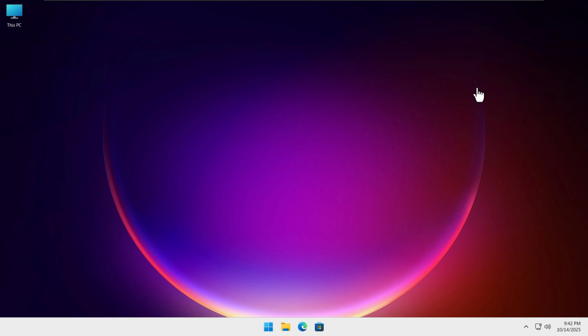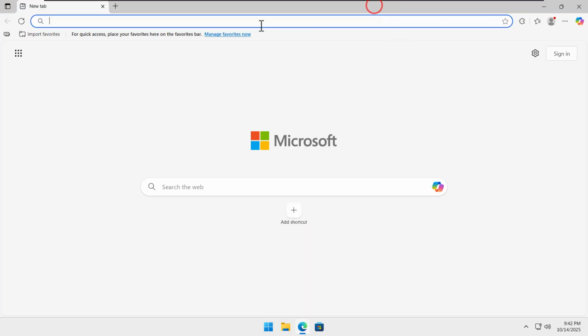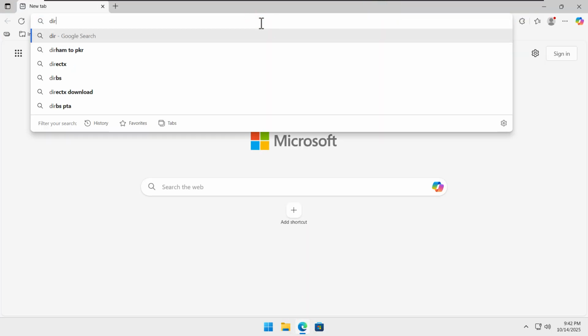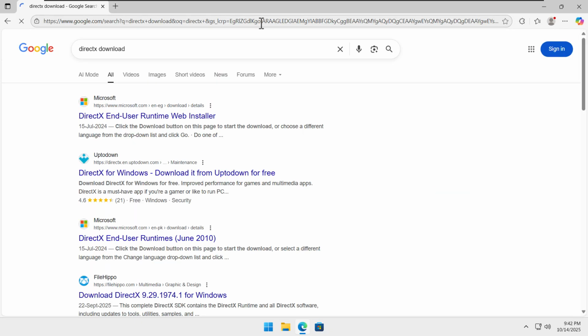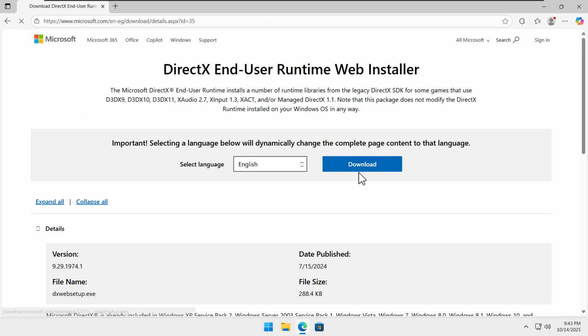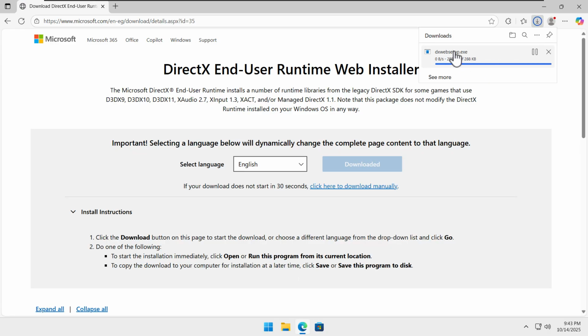To fix the DirectX error on the Battlefield 6 game, you need to go to your browser and type DirectX download. Once you go here, you can see this is the website microsoft.com, and this is the DirectX End-User Runtime Web Installer. So go there, and here you can click on this download button, and it will start downloading the